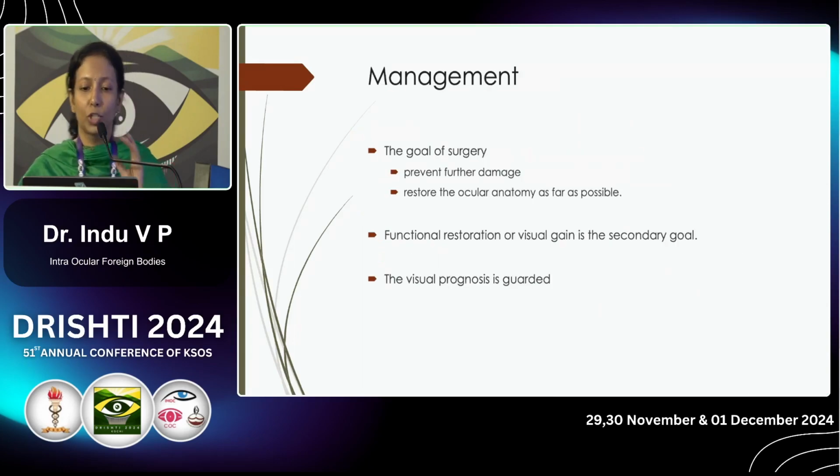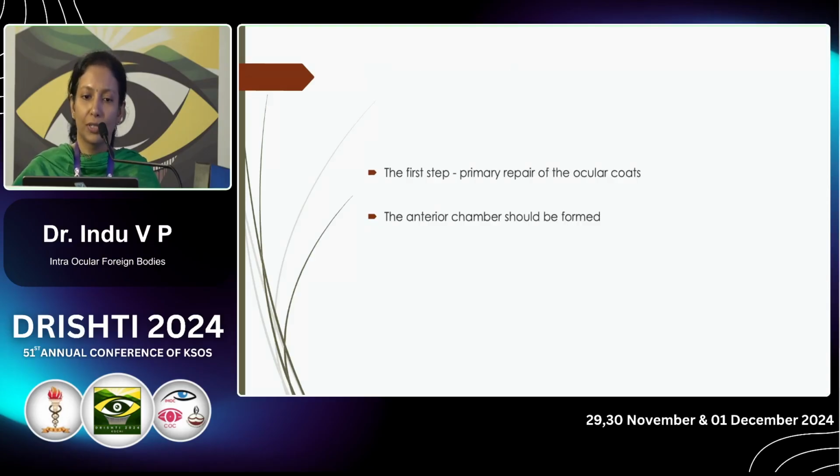Now coming to management. The goal of surgery is to prevent further damage and to restore the ocular anatomy. Functional restoration of visual gain is only secondary, which has to be explained to the patient. And the first step is the primary repair of the ocular coats. A meticulous repair of the corneal and the scleral wounds is extremely important,